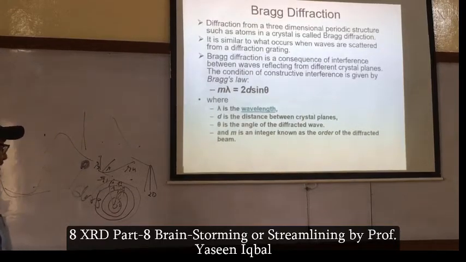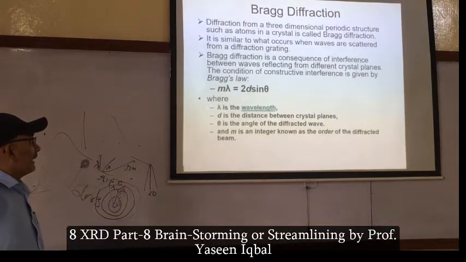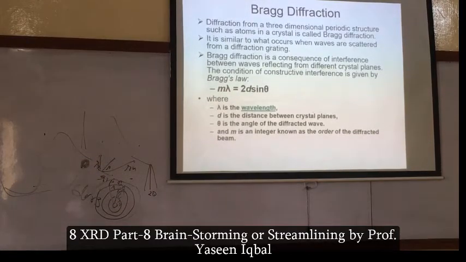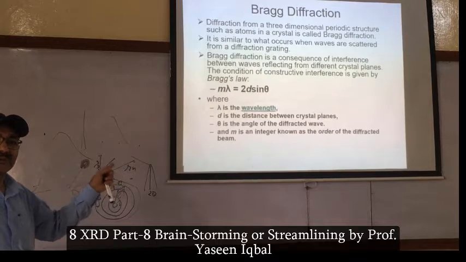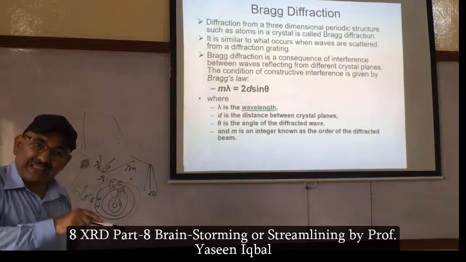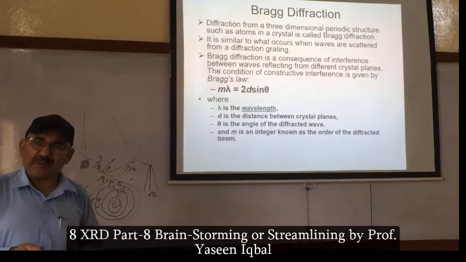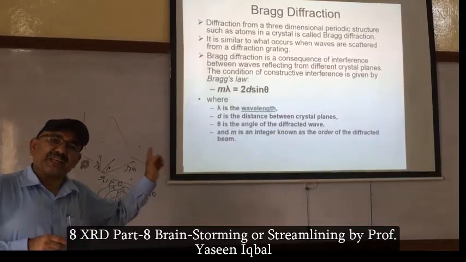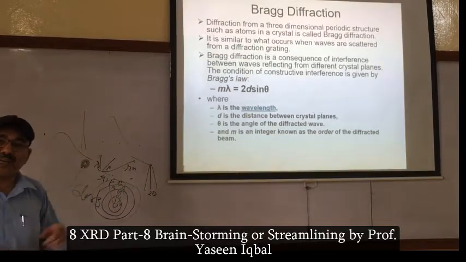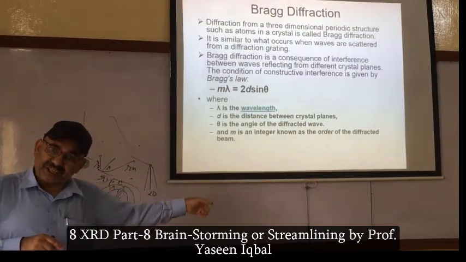Bragg's diffraction is a consequence of interference between waves reflecting from different crystal planes, and the condition for constructive interference is n lambda equals 2d sin theta. Lambda is the wavelength of the incident radiation. Remember this, when you write your thesis, your paper, you must explain each and everything upon first use. You will have to write lambda is the wavelength of incident radiation,